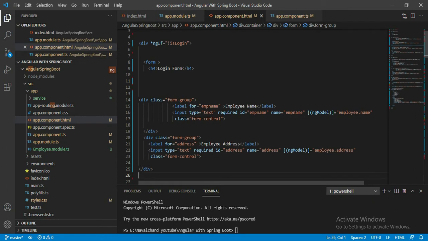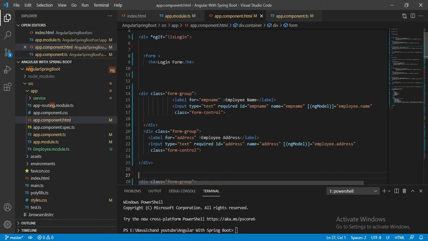We just need two things, username and password. First field is a username and second field is a password. Let's add here password. Here also change employee name to username. I'll copy this username, replace employee name with username, and we are not creating a model for this username. I'll simply add here directly username.